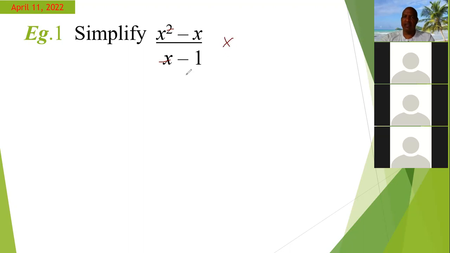Don't do that, guys, because it is very illegal. When you try to cancel a term out of one expression with another term in another expression, you cannot do that. And that is the reason for the first thing that we noted,